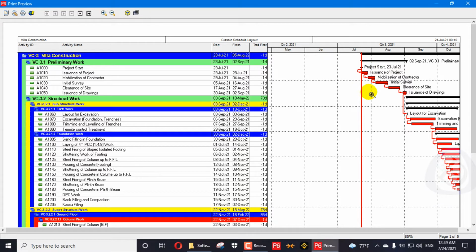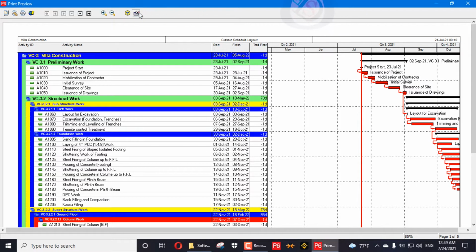We will change the colors and the pattern of these bars to highlight to our client the look ahead activities. We will not show only the activities which are in look ahead; we will only highlight the activities in the project to show our client that these activities are in look ahead.